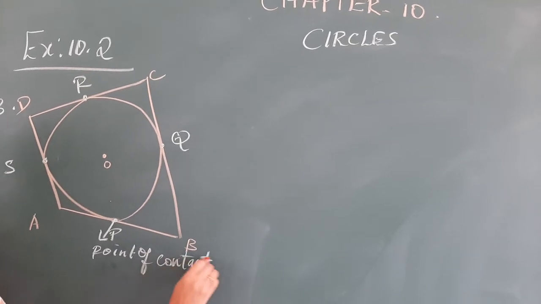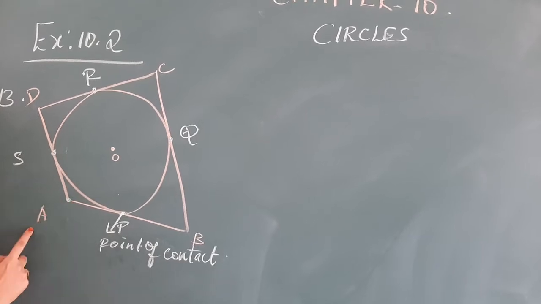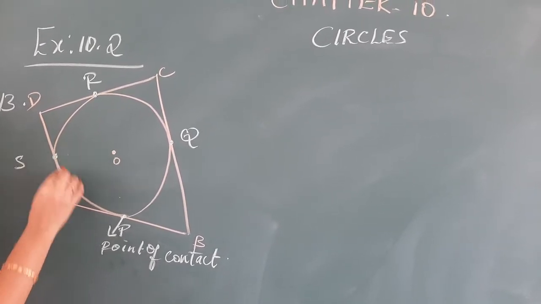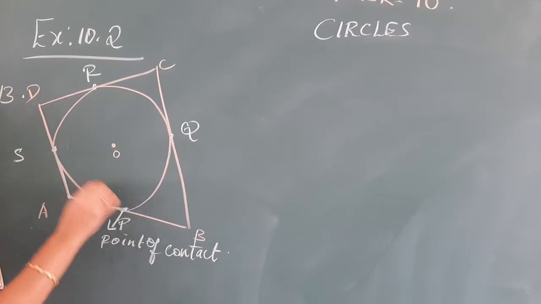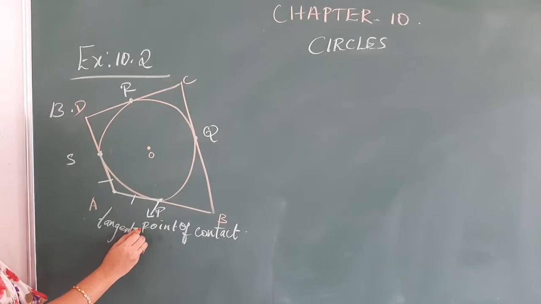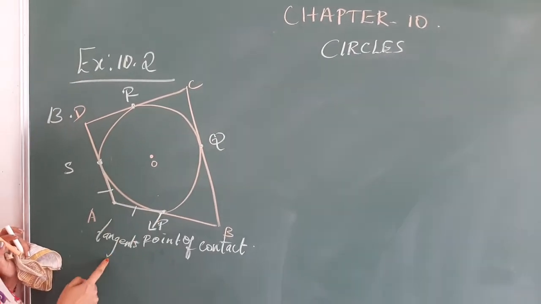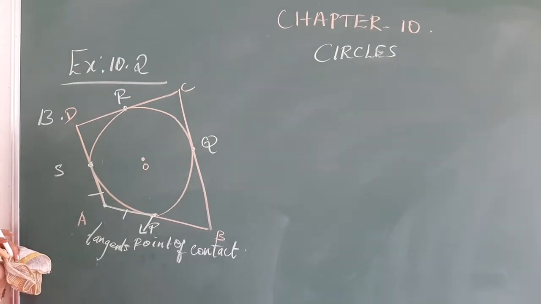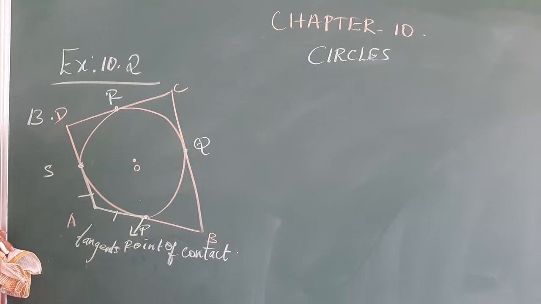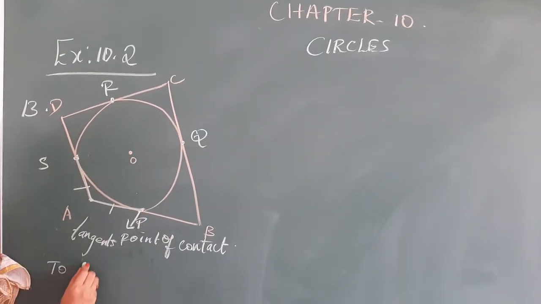Point of contact. Now, point A is an external point, right? From this point A, if two lines meet the circle at a single point, then these two lines are tangents, so AS and AP are tangents. Then by theorem 10.2, what do we know? That these two tangents are of equal length. Now with this concept, we are going to prove